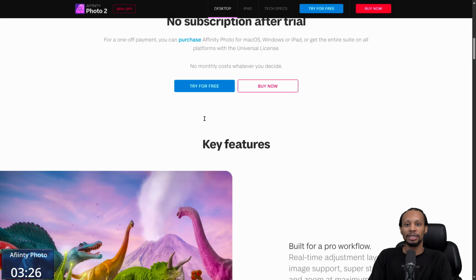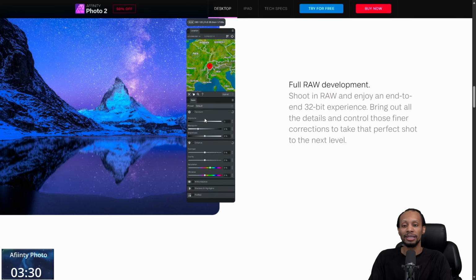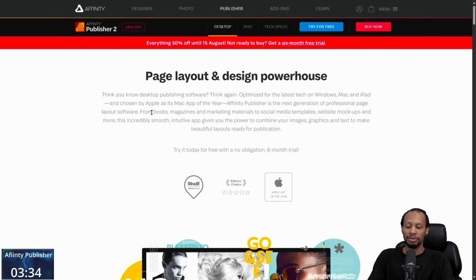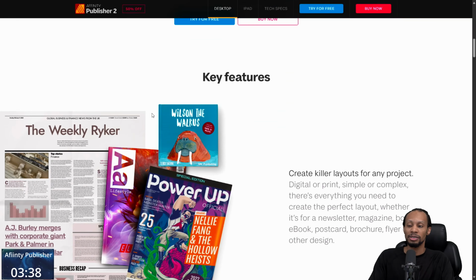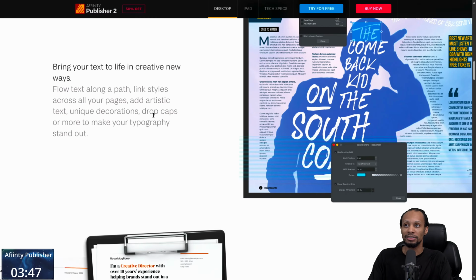Affinity Photo is Photoshop, essentially. It's going to offer you the same tools and a pretty good user experience. Affinity Publisher is going to help you with designing books and any kind of thing with a layout. Brochures, flyers, you name it, it's here.